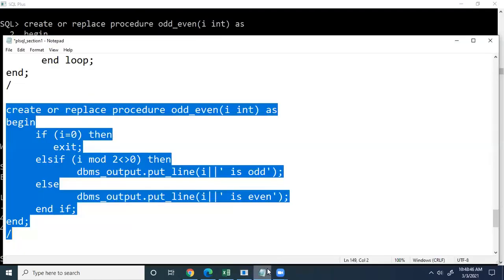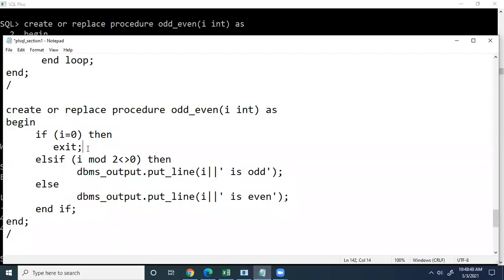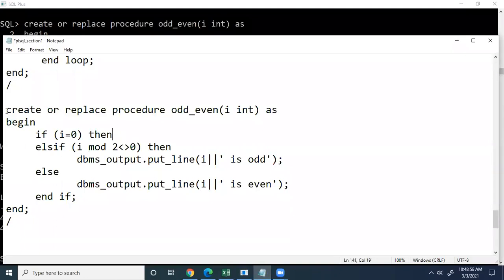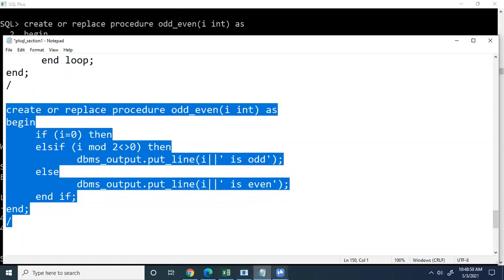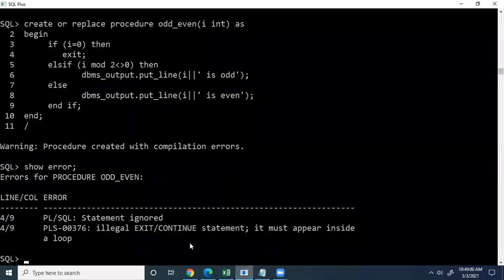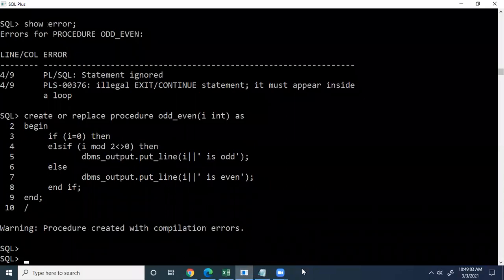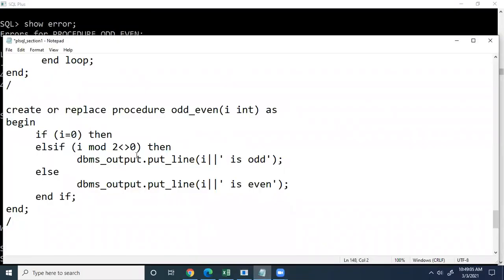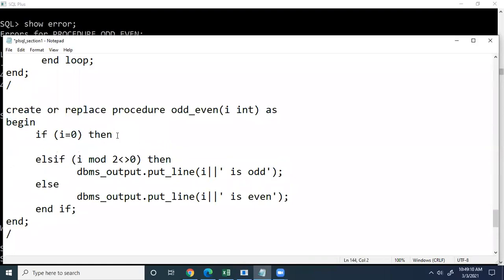Okay, fine. We cannot write exit because this is something that is written in the loop. Fine. So let's see if we keep it blank. Okay, this is also not valid. So let us display some message. You can even display some blank message, or even you can write I is